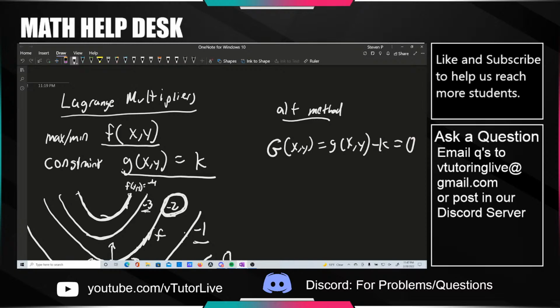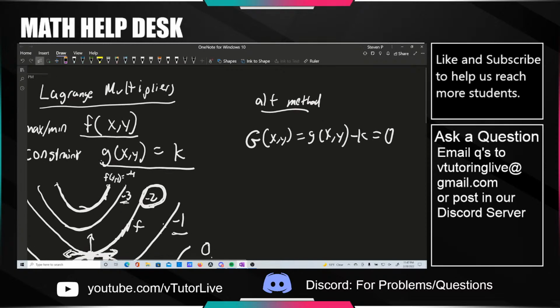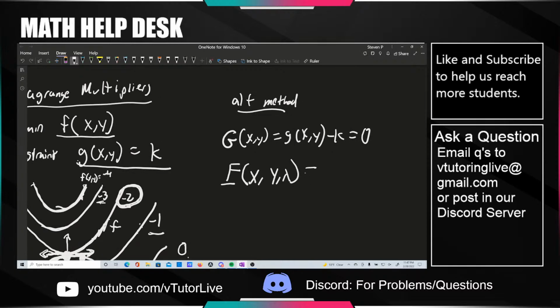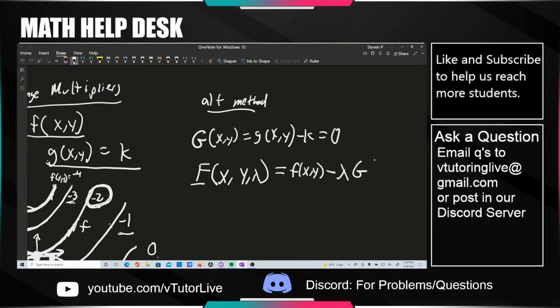That's obviously equal to 0 because we're just moving the k to the other side via subtraction. The clever thing to notice is that if we let a different function, capital F, that's a function of x, y, and lambda, equal f of x y minus lambda times G of x y,